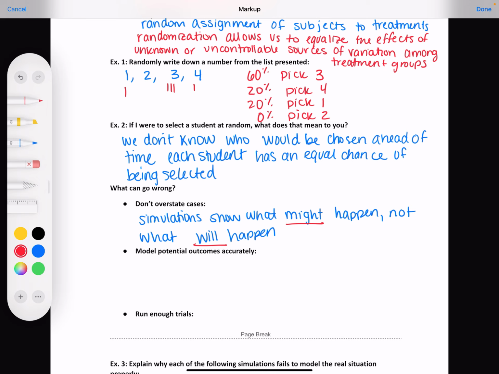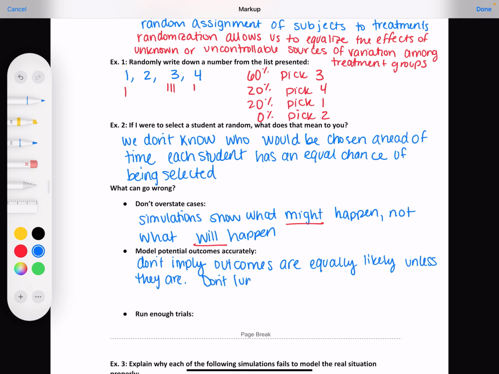Don't imply outcomes are equally likely unless they are. Don't lump together outcomes. Model all potential outcomes.